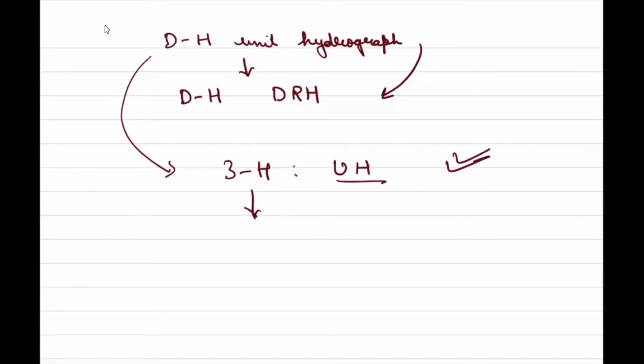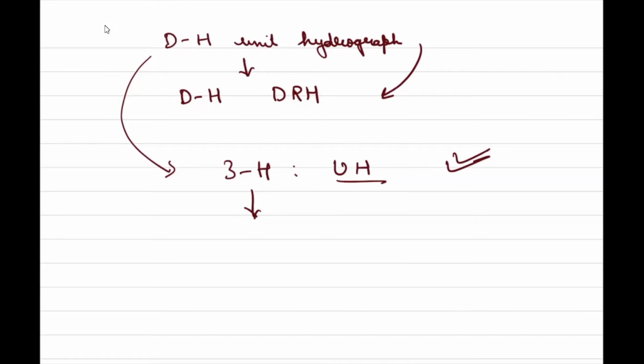So far you have learned how to translate a given unit hydrograph into another DRH of any other magnitude. But if you notice, in all the questions we kept the duration of the storm the same. That is, if a 3 hour storm was given, you had information about the 3 hour unit hydrograph. If a 3 hour unit hydrograph was given, the question was asked about a 3 hour storm. So there was no trick involved.